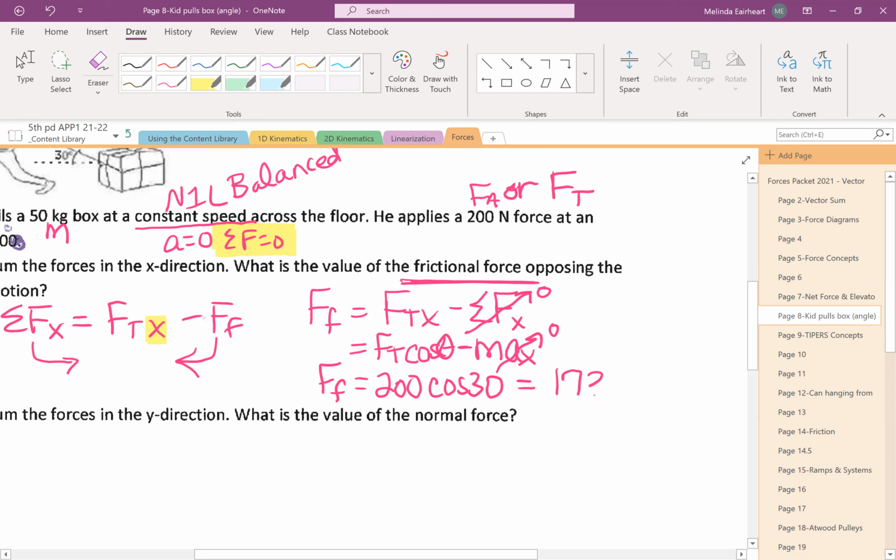$173, and the SI unit, our component has the same unit as the hypotenuse, which was newtons. And so there's your frictional force. Now, some of you may be thinking, oh, I thought friction was always backwards. Shouldn't it come out negative? So just moral of the story, the way forces is done, we already made friction negative in our FNet statement,